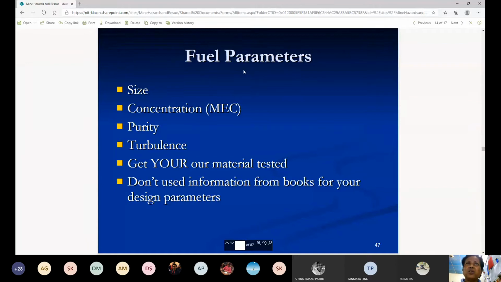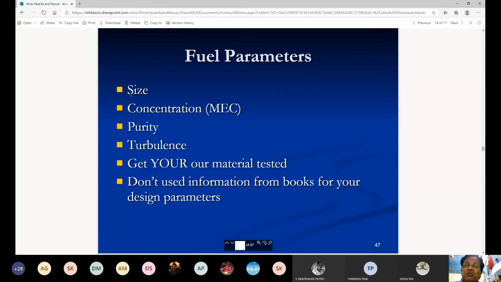Coal dust, whether it is explosive coal dust or not, how to know? There are some 12 coal dust parameters. First one is the size. What is the size of the coal dust? We have seen that if the coal dust size is less than 425 micron, then only they are called reactive dusts. Why are they reactive? Because small dust particles have more surface area, and this more surface area is exposed to oxygen and reaction is going to take place.